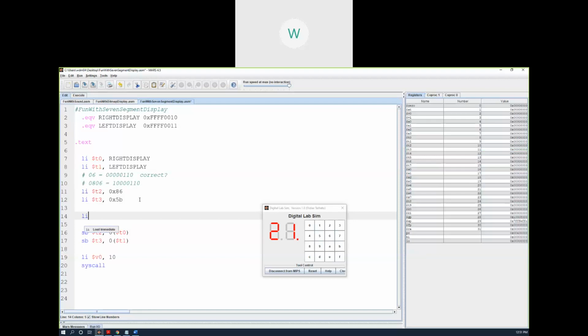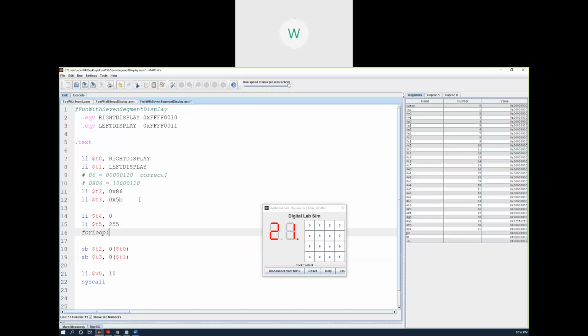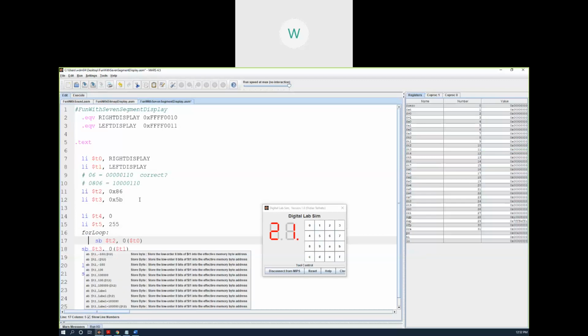So let's do load immediate $T4 0, load immediate $T5. And if we're going to light up a byte, that would be 255. Okay, so that's the number of different combinations that we have. And so this is going to be our for loop. Okay, and what we're going to do is see how this affects our screen. So what we're going to do is